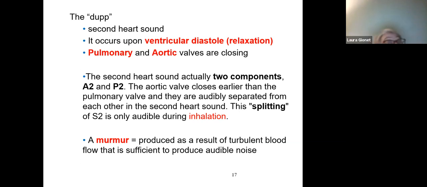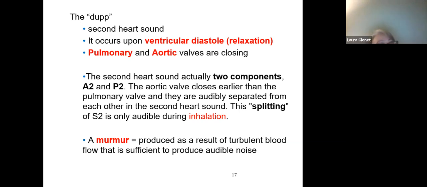So it's going to take a little bit longer for the blood to enter from the right ventricular chamber and eject everything it wants to, before that ventricle starts to relax and the blood drops back down and closes the pulmonary valve. The aortic valve, generally, if you don't have extraordinary systemic blood pressure issues, will close first. So by having a patient take a breath in and hold, you'll get a slight break between the two sounds